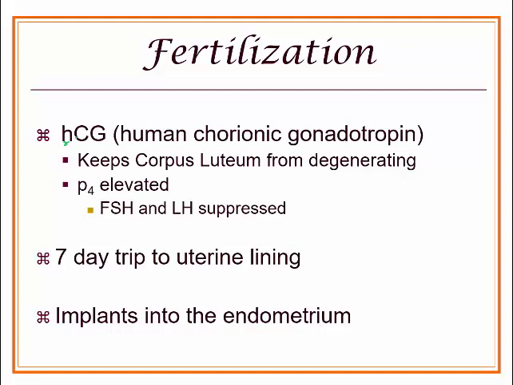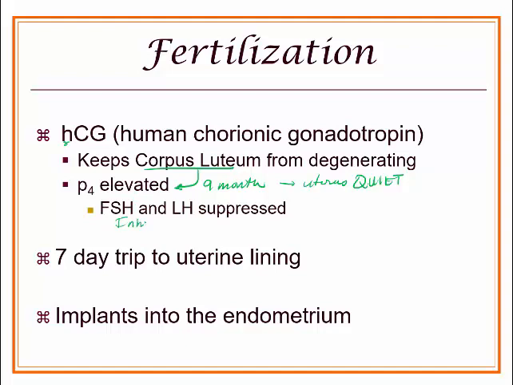So that ball of cells that is dividing will secrete human chorionic gonadotropin. That keeps the corpus luteum from dying. If the corpus luteum doesn't die, we keep getting progesterone for 9 months. Not only for 9 months is the uterus quiet so that we can grow an infant, but we continue to